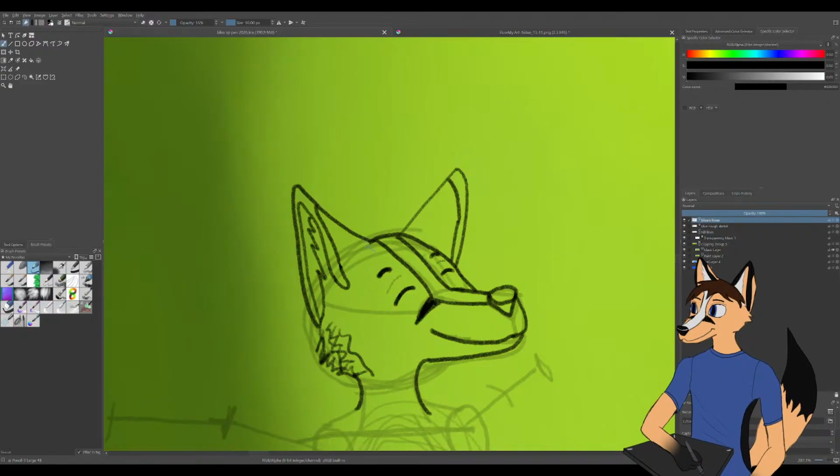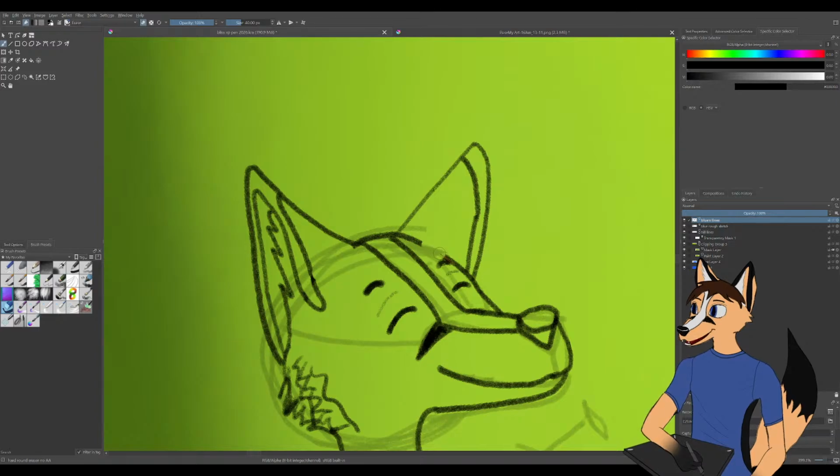And I can see that, but at the same time, I think in this specific painting, I really want to show that his ears are really relaxed, because he's really relaxed.